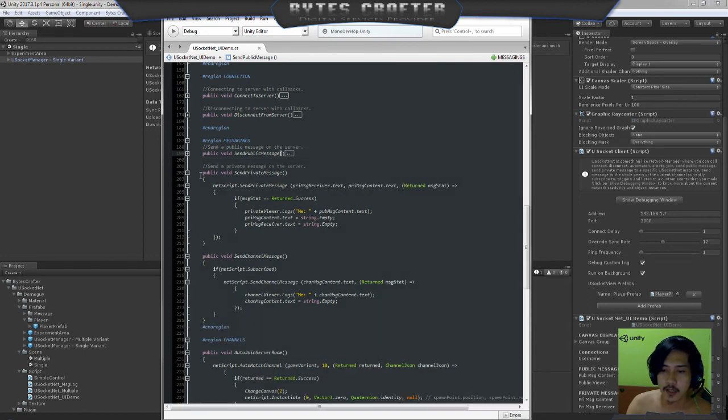So the next thing is, you can send a private message. You can send a private message to a specific user. For example, if you integrate this with your own MySQL, you can send this to a specific client. The parameters that you need to provide are the receiver ID and the private message.